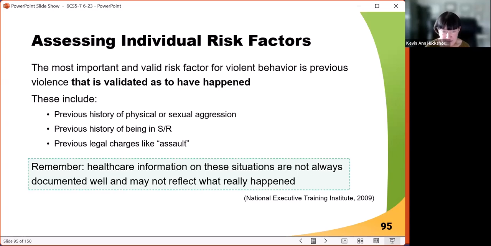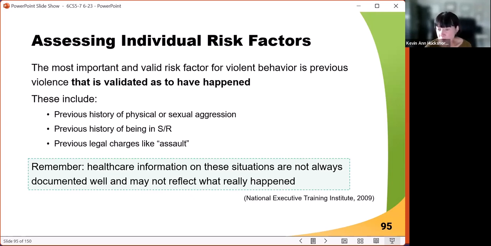we can validate as having happened. That kind of violence is physical or sexual aggression, previous history of being in seclusion and restraint with a caveat, and previous legal charges like assault, with the caveat. Now remember,